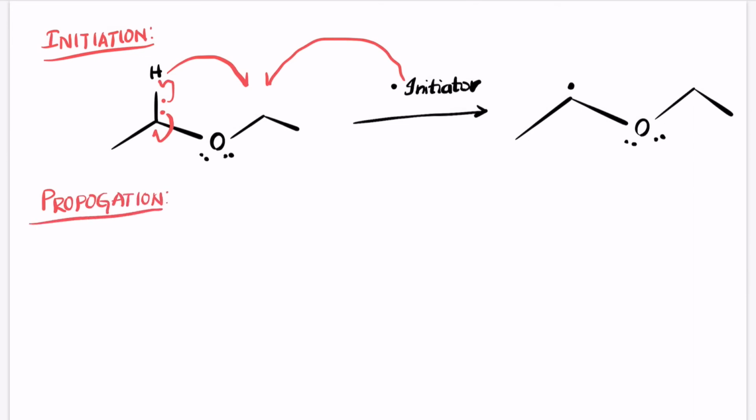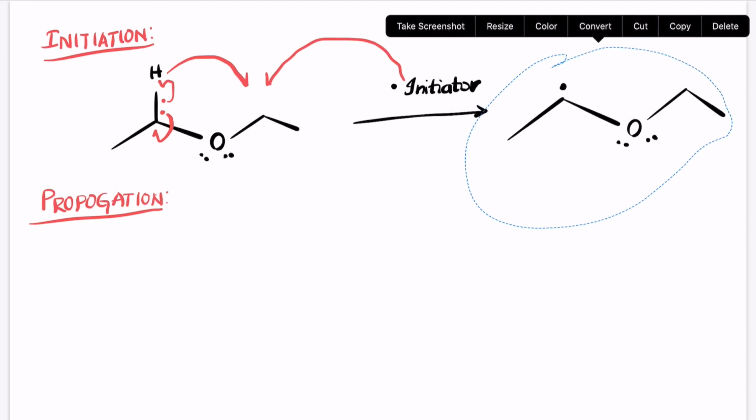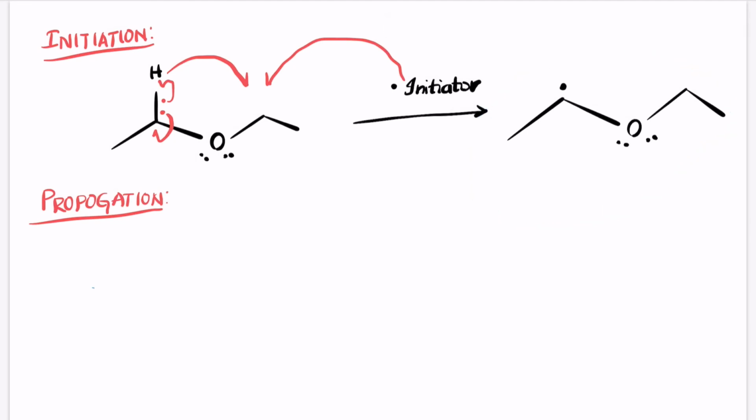So the second step in a radical mechanism is the process of propagation. Remember that we talked about auto-oxidation, meaning that the propagation occurs due to oxygen. Now let's take a look at oxygen in itself. So here we have, let me copy the structure. So you have the structure here. This, when mixed with oxygen,